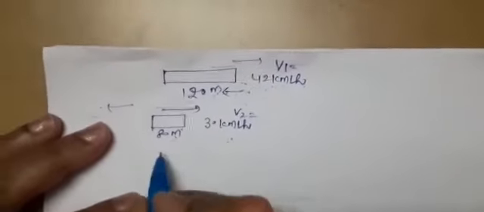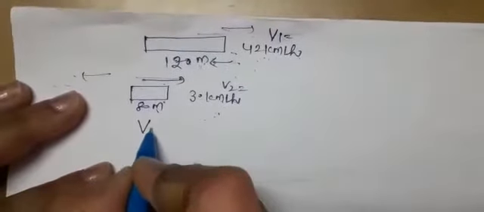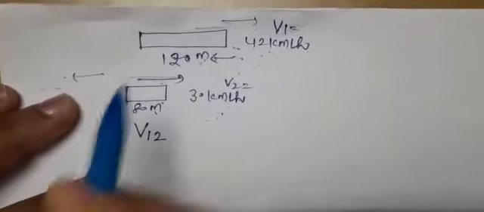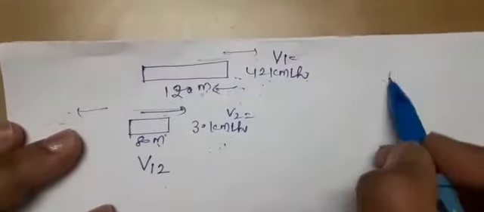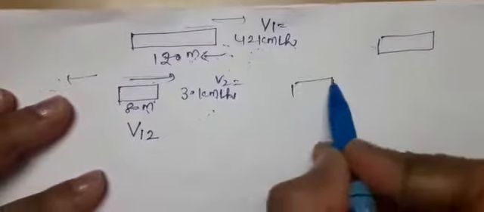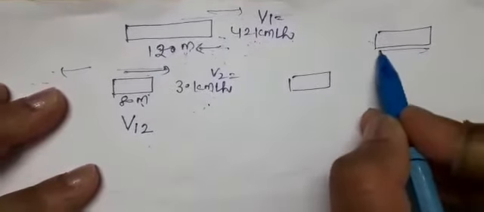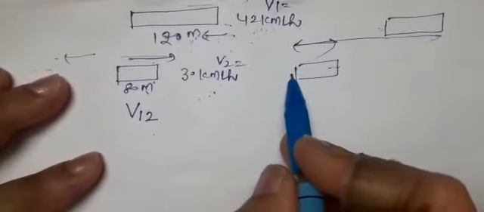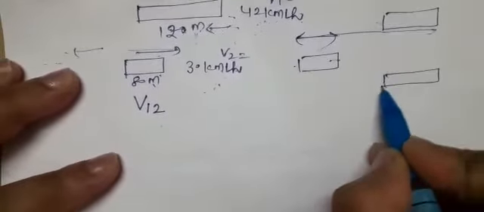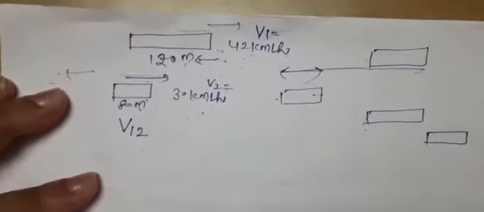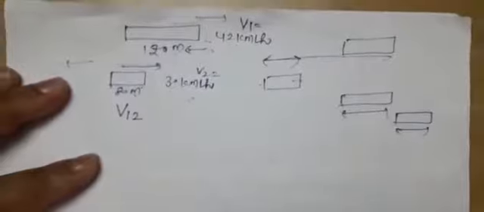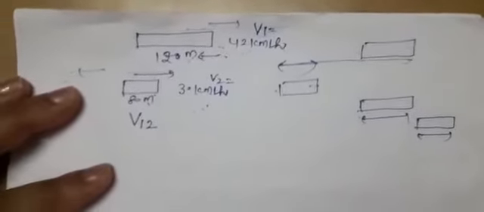See how. As this is the first train and this is the second train, we need the relative velocity of one train with respect to two. Why are we calculating it? See, both the trains are moving. This is first train, this is second train. It means if this train has to move, it has to complete this distance also. It has to completely cross. Cross means when they are passing, they have to exactly reach this point. That means this length plus this length. Total length has to be covered. This is the main point which you have to understand.